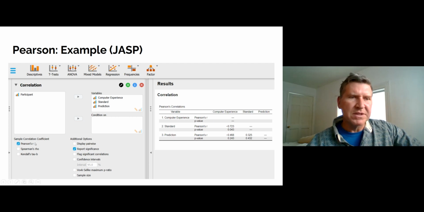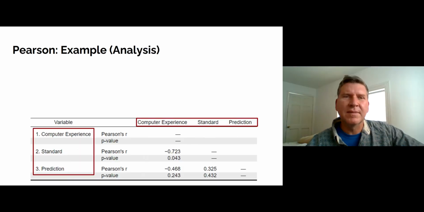So we would check the Pearson's R for our correlation coefficient, and you can see what the results are over here on the right. So if we're going to look at the data, we can see a couple things. First of all, we have the variables both down the first column and across the top. We can see here that this represents the pairing of each of our variables with every other variable. Notice the